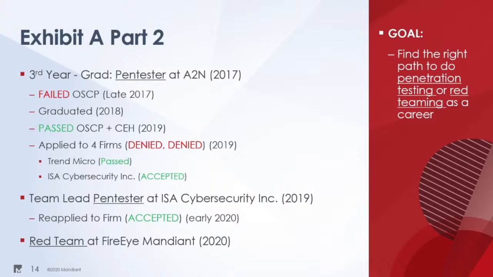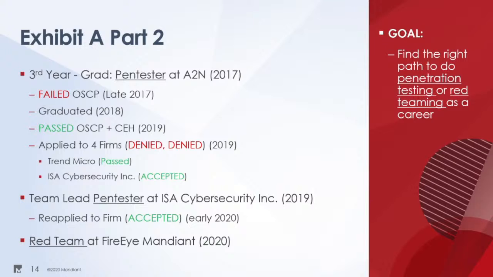I popped all 5 boxes, and then immediately after that, like a week later, I took the CEH because why not? And at the time, CEH was going through its transition period into what it is now, which I think is more hands-on. But either way, I had 2 certs under my belt. And I was like, you know what? I can apply to firms. This would be great. I got denied at 2 massive ones. And it did not go so well in my head, because I was like, man, I really, really, really tried. And I had all these certs, but it didn't matter.